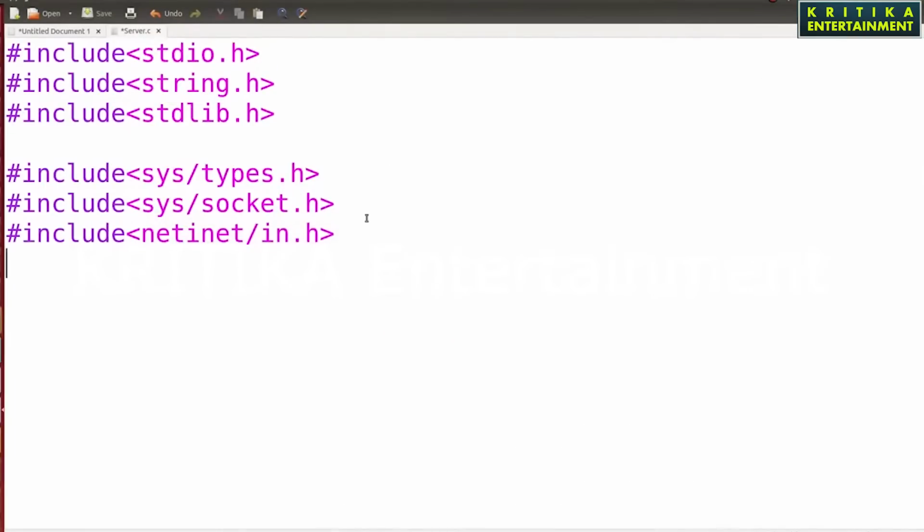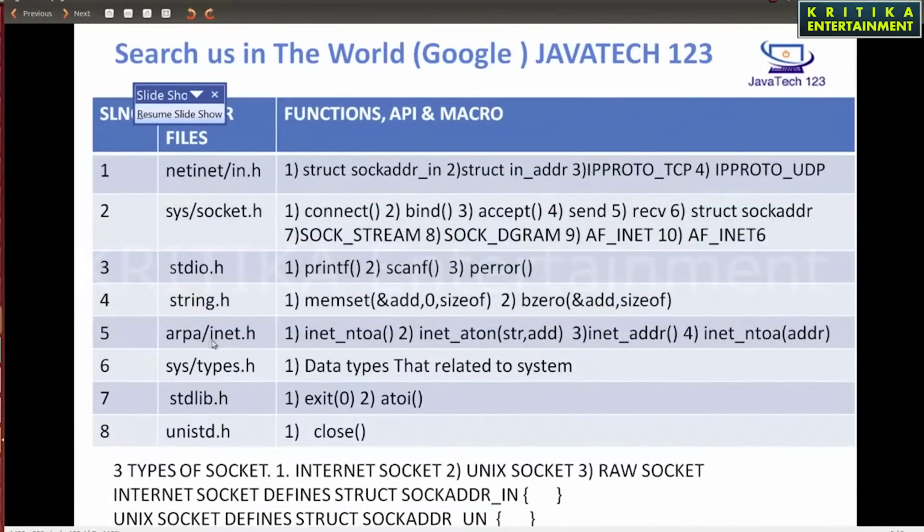Then next, I will use arpa/inet.h. These two functions are important: inet_addr and inet_ntoa.